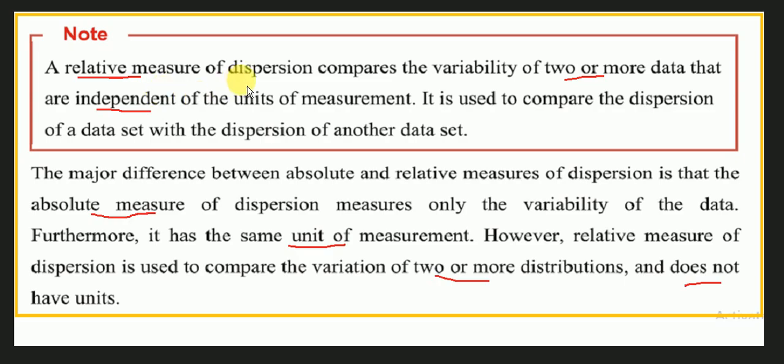A relative measure of dispersion compares the variability of 2 or more data that are independent of the units of measurement. A relative measure of dispersion unit የላቸው። ሁለት የተለያየ ዴታን የትኛው ነው ሞር ዲስፐርስድ የሆኑ ቫልዩዎች ያሉት ለማለት ነው የሚጠቅመው ይሄ።